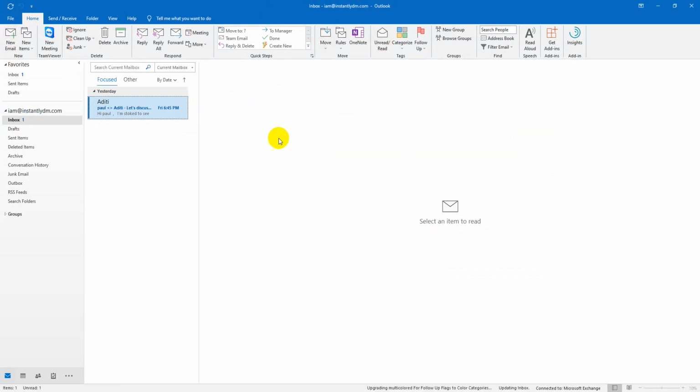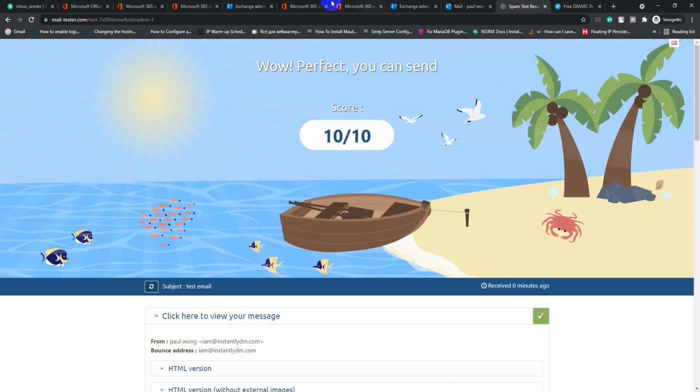So right now we can send email from Outlook, but we cannot track any email campaign. So we need to download an Outlook add-on, the Sales Handy add-on or plugin, for tracking the email campaign. To install the Sales Handy tracking software for Outlook, just go to the Sales Handy website.